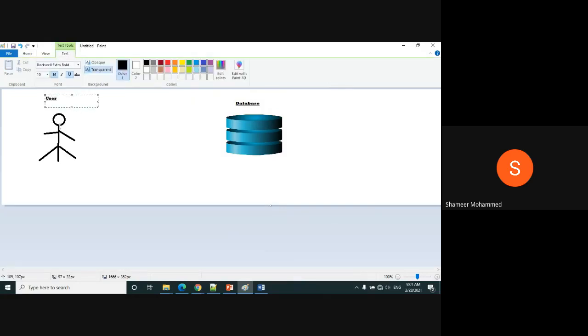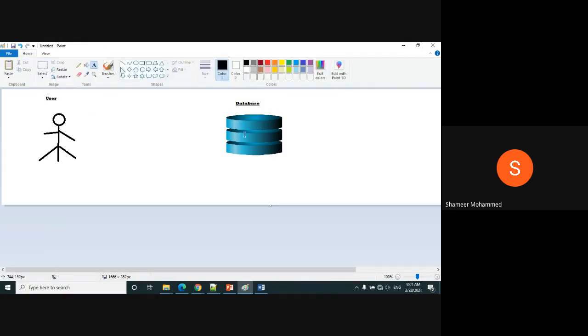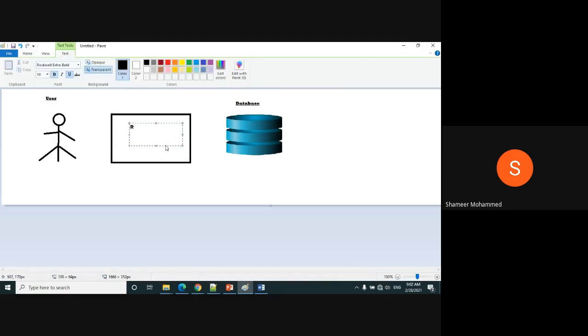So how are you going to access the data? Here is your student data in this database. How are you going to see your data? With the help of one software which is known as your DBMS, database management system.